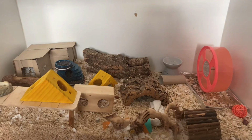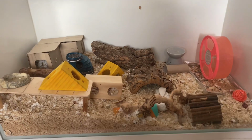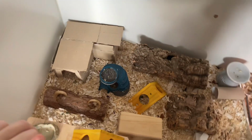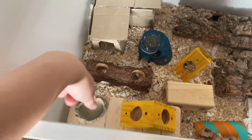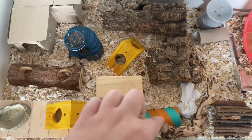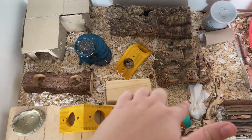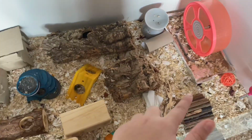And yeah, I'm just going to quickly start off with showing you the enclosure and then we'll get on with the video. So just from the side, this is how his cage looks right now, and I'll just give you guys a very quick cage tour. So here we have his multi-chamber hideout that I made. A little tunnel, a platform with a bowl and a hide. We have a little tunnel that I bought, a little DIY that I made, and a grapevine branch,